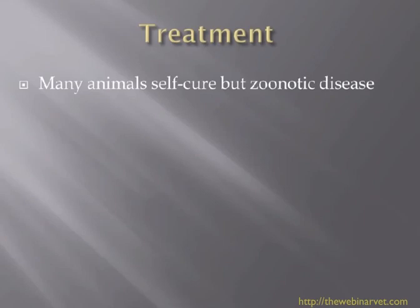Treatment. As I mentioned before, many animals self-cure, but it is a zoonotic disease, especially in dogs and cats. I think if animals come in, we are duty-bound to sort the problem out, to also consider that the environment may have become contaminated, so we need to do something about that, and to warn owners to be careful about handling the animal, because